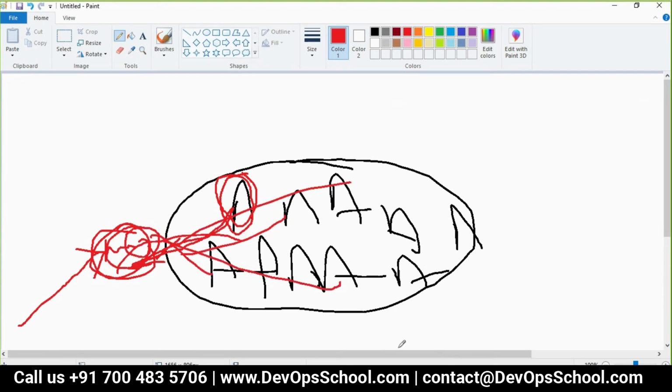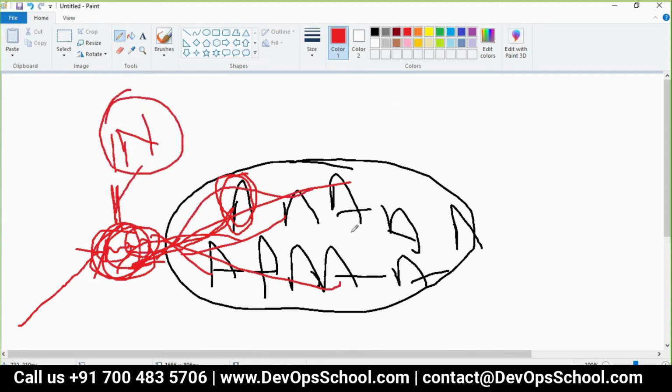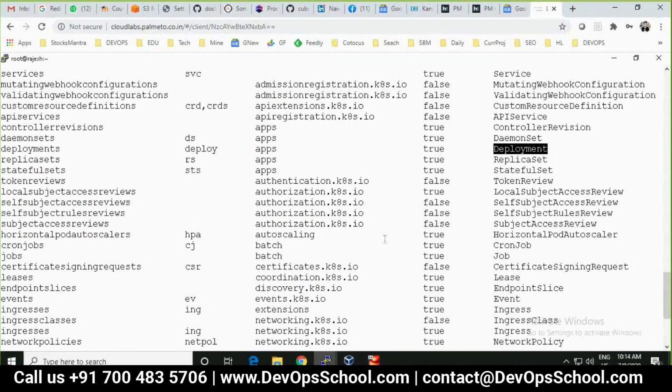Yeah. It's like an index of a book. This guy is acting like an index of the book. So they have an index, and whichever chapter you want to go to, they will redirect the page number to you. Something like that. So hopefully you are getting it right.